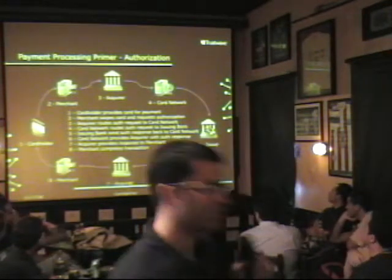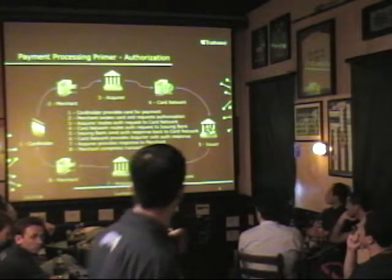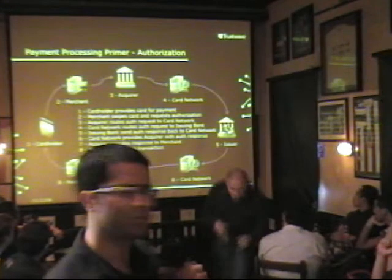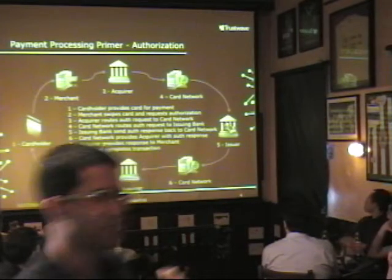So what we want to do to start out is really talk about a payment processing primer here. For those who aren't familiar with the payment processing process, it really involves two different things from a merchant perspective: authorization and settlement. So the first slide here talks about authorization. If you look at the step-by-step 1 through 8 that we have on the slide,